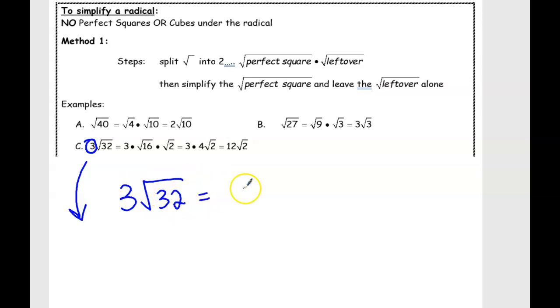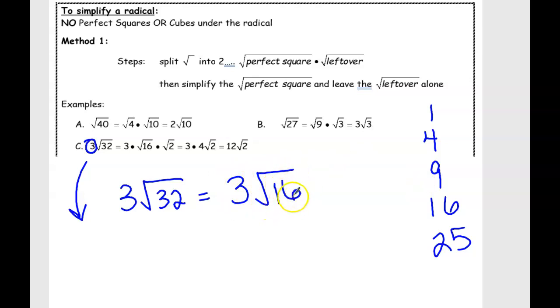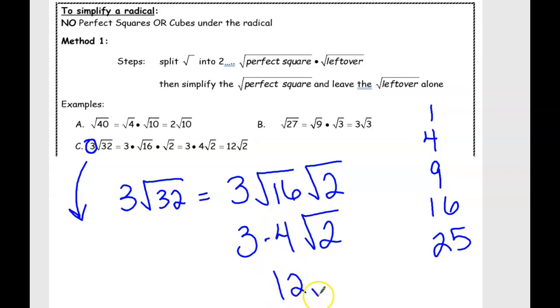So I can represent 32. Again, I think of my largest perfect square factors. I've got 9, I've got 16, and then I've got 25. All right, so my largest perfect square factor in this case would be 16. So I can say this is equivalent to 3 times 16 times 2. All right, so the square root of 16 in this case would be 4, so this would be 3 times 4 radical 2, and 3 times 4 is 12, so